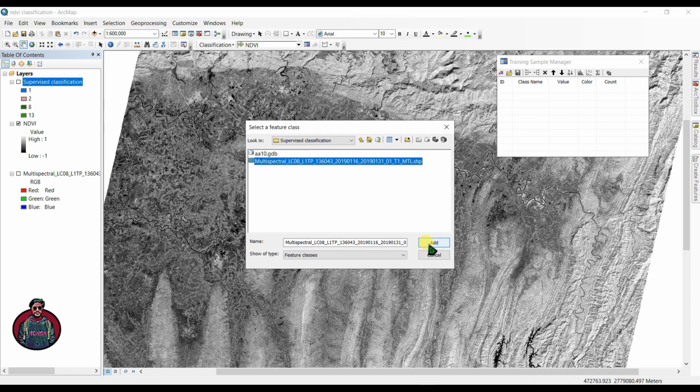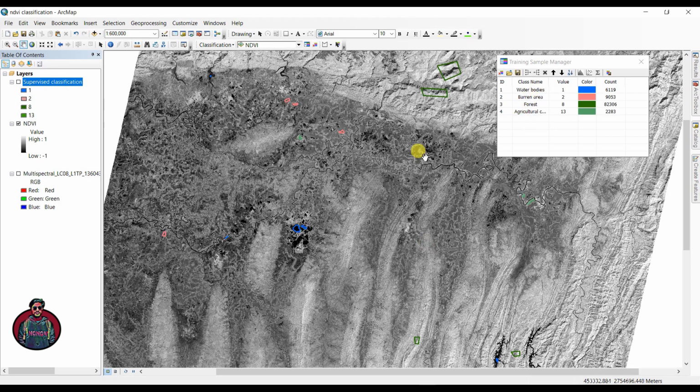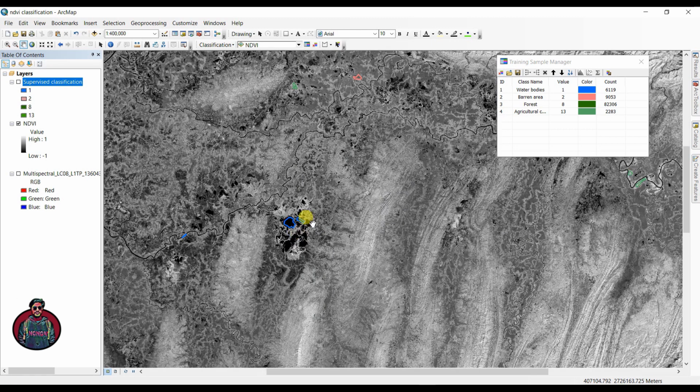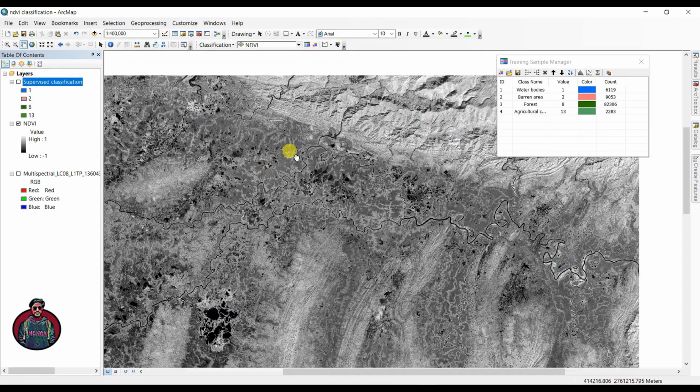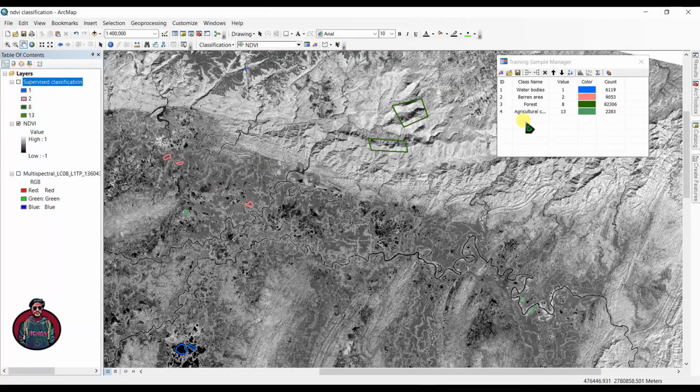I'm going to add these training samples to classify this map. Okay, so you can see here the water bodies are blue and the barren areas are this, and we have forest here and agricultural crops here, and we have also created our training signature files.